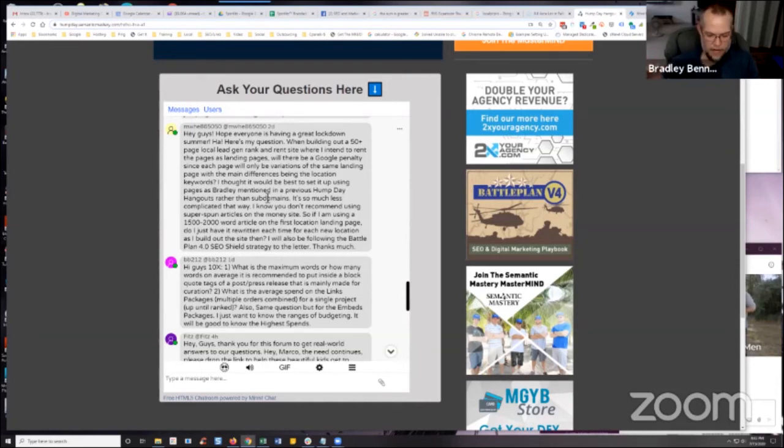Anyway, long story short, I do use spun content for that. Like what Marco said, that's different, because every time the mass page builder or the plugin, whatever system you're using, creates a page, it's going to spit out a different version of that content because of the spin text. And I've done hybrid models before where there might be a block of text in the middle of the page that is essentially untouched, but there's a spun opener and a spun conclusion, if that makes sense.